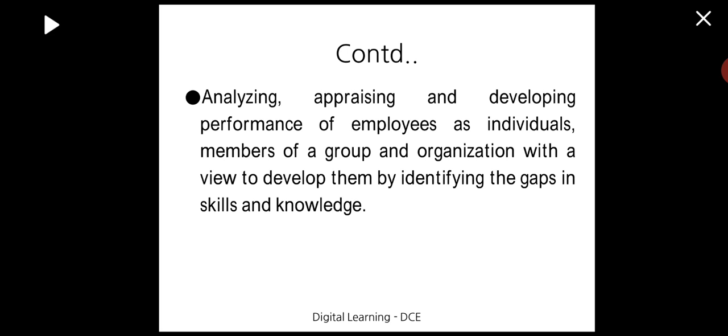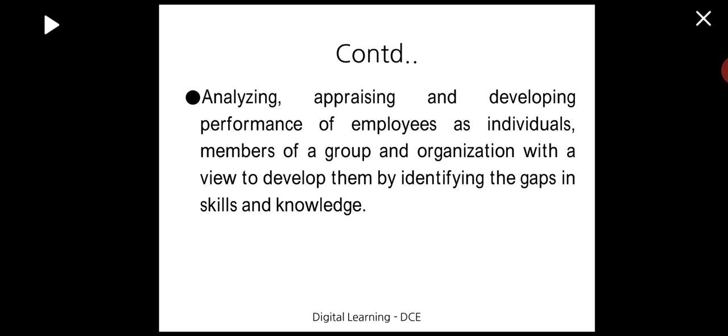Analyzing, appraising, and developing performance of employees as individuals, members of a group and organization, with the view to develop them by identifying the gaps in skills and knowledge. So what happens? Human resource development